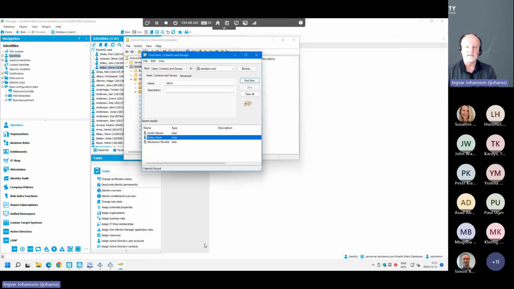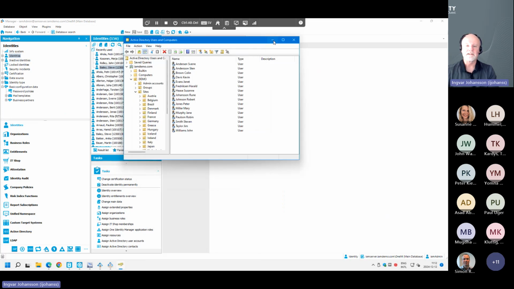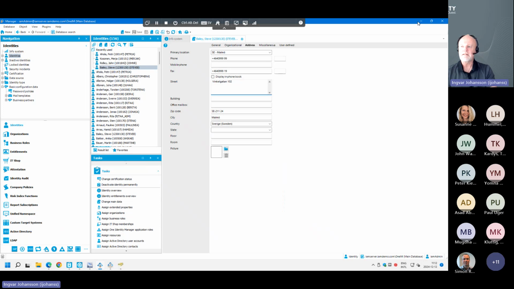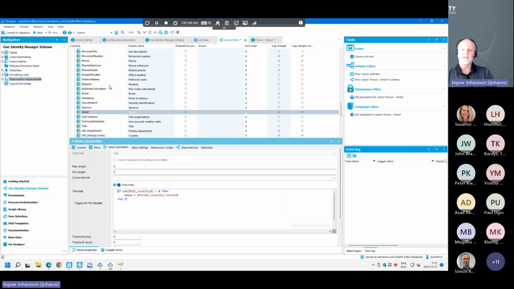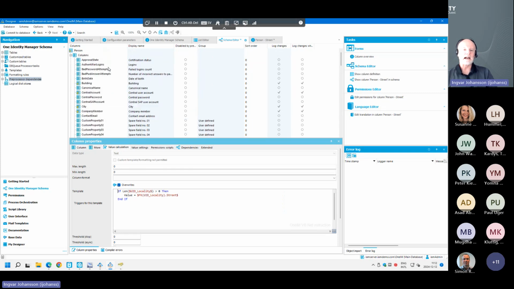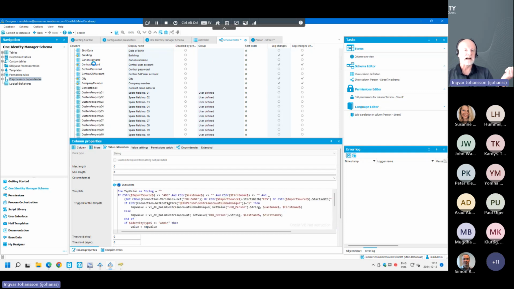Because that's how it works, right? So everything, sort of the magic, happens inside the value calculations. Some of them are really straightforward out of the box, like this one. But if we, for instance, take a look at how we calculate the central account, that central user ID,